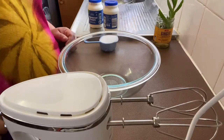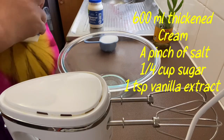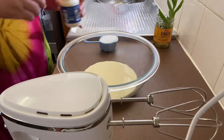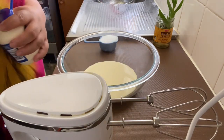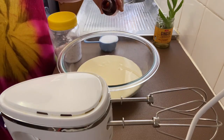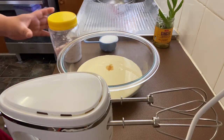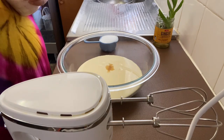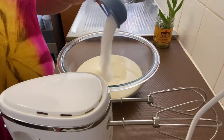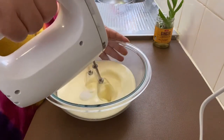So, good morning guys! Today, gagawa tayo ng trifle. So, ito yung ating unahin guys. We have 600 ml. Bali, dalawang baton. Vanilla extract organic. Maglagay din tayo guys, I usually put a pinch of salt, 1/4 cup of sugar. So, ginagamit ko guys, sugar, 1/4 cup of